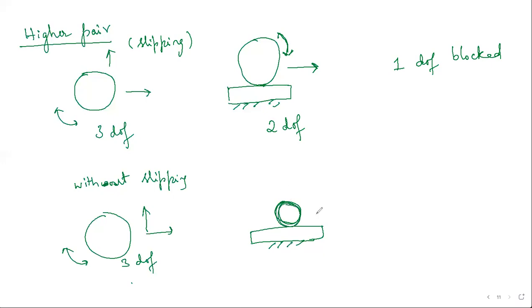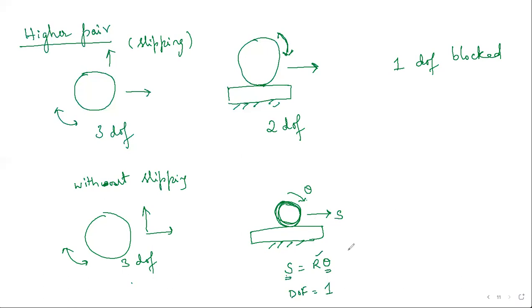Okay. So now suppose you call this S, and this is theta. So you have a relation S is equal to R theta. So R times theta is S. So R, S and theta are not independent, they are dependent on each other. I told you the number of independent parameters is your degrees of freedom, right? So here they are dependent, that's why the DOF is only 1. It means if you know theta, R is fixed. If you know theta, will you know S or no? You will know S. It means how much it has displaced.